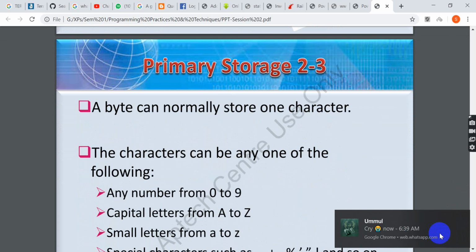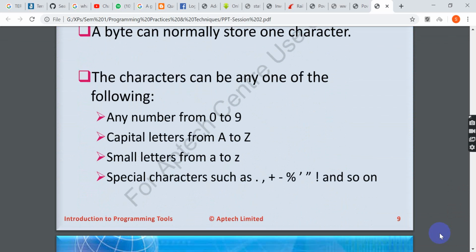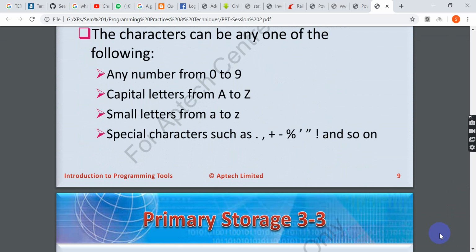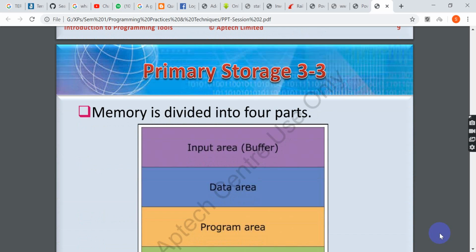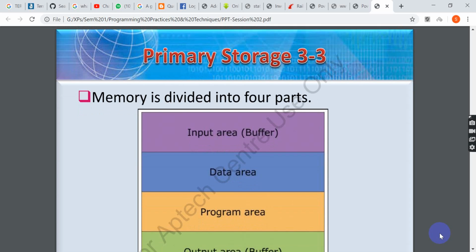A byte can normally store one character. The characters can be any of the following: any number from 0 to 9, capital letters from A to Z, small letters from a to z, and then special characters such as plus, minus, and so on. So memory is divided into four parts, which are input area, that is buffer, data area,